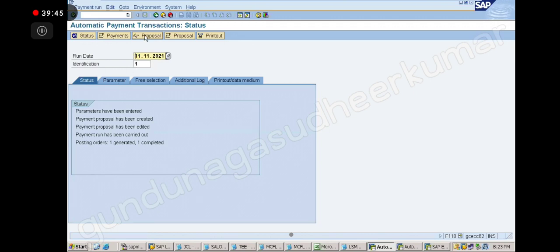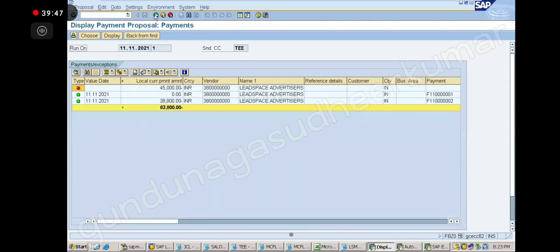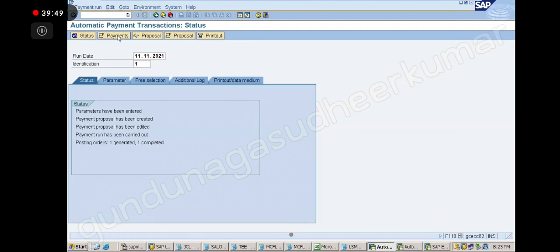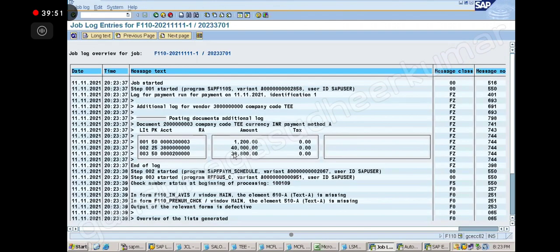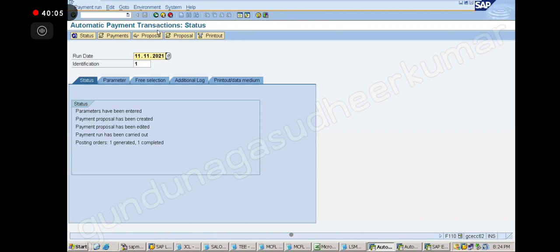Now if you go to display proposal, sorry, not display proposal, payment, you can see 38,800 is paid. What about 45,000? It is blocked. Correct, you understood now? Yeah? So 45,000 it has not picked up. Only 38,800 it has paid. Now I want to issue the check, right?